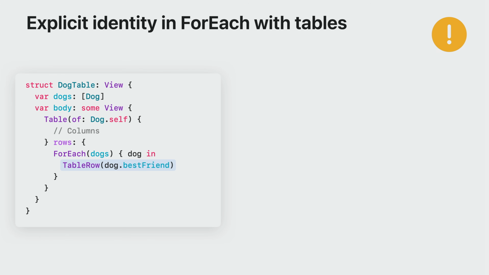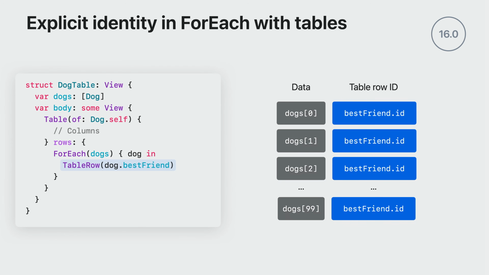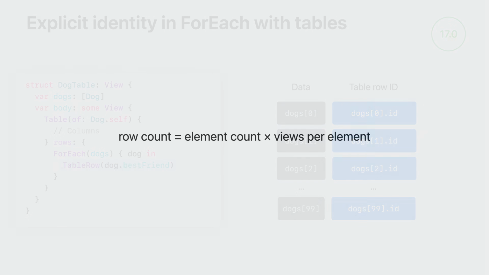If you have code like this, it could behave differently in the newest OS versions. In this example, we have a ForEach over dog, which also creates a row of dog. However, the dogs here don't match. The values are the dog's best friend. In iOS 16, each row became identified by its value. In iOS 17, this behavior has changed to improve performance. The reason is, now we don't need to identify each table row by looking into the ForEach. So this example now has the IDs of each of the dogs instead of the TableRow's value. If you need to back deploy, you can get the old behavior by either mapping over your collection or by explicitly specifying an ID key path.